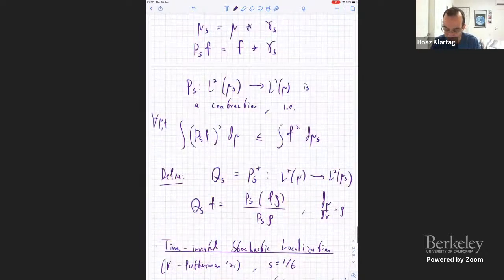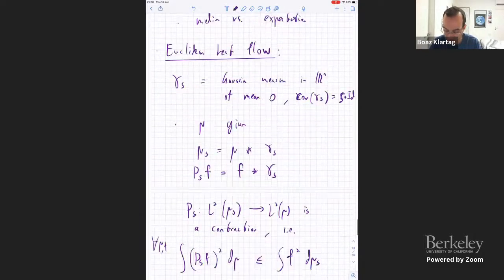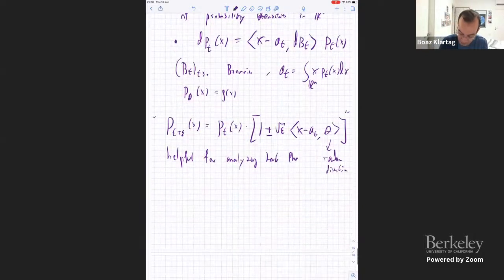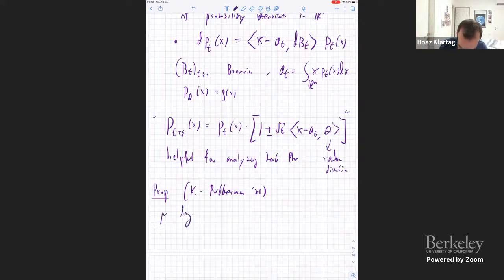Okay, so how would they damp frequencies and things like that using gradient heat flow? There is the following proposition, which is from my paper with Puderman, which says that if you have a log-concave measure mu, and it takes any function, L2 norm is 1, integral of f dmu is 0,